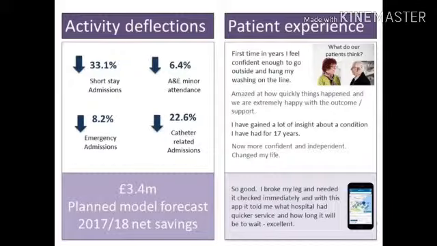And that's just some funding planned forecast savings that we made by keeping people out of hospital. On the right there are some patient experience comments, and at the bottom right there is just something that we